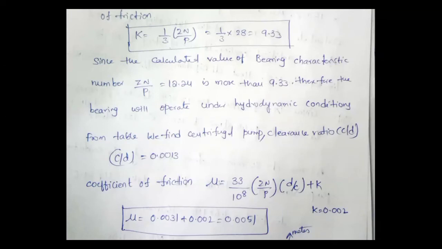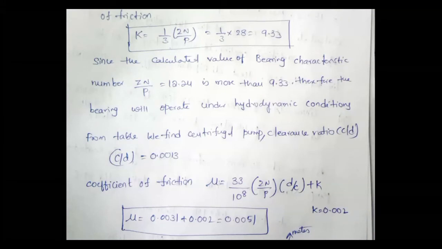In order to know the parameters, the actual things that are available on your table will let you know by observing the table. Otherwise, how can you? I told you that each and every textbook will vary. For clearance ratio, the symbol may vary. Here I am taking C by D. In some other textbook, they may take some other parameter. So in order to avoid such problems, I am explaining each and every terminology, each and every term.